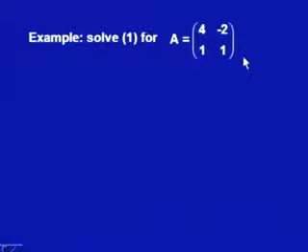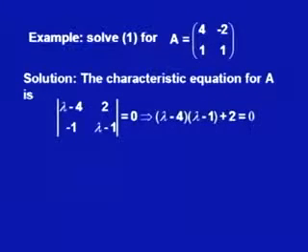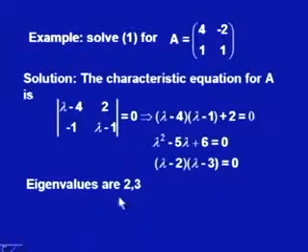So, a 2 by 2 matrix is given to us. First, according to the first step, we have to find the eigenvalues. For this, the characteristic equation for A is the determinant of this 2 by 2 matrix. It is simplified to (lambda minus 4) multiplied by (lambda minus 1) plus 2 equal to 0. We have further simplified it: lambda square minus 5 lambda plus 6 equal to 0. And factorizing it, it is (lambda minus 2) into (lambda minus 3) equal to 0, and that gives us eigenvalues